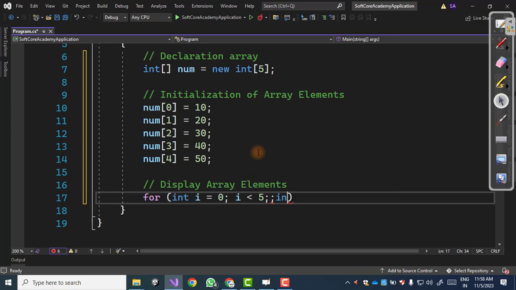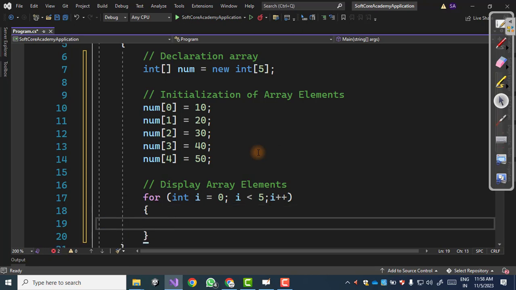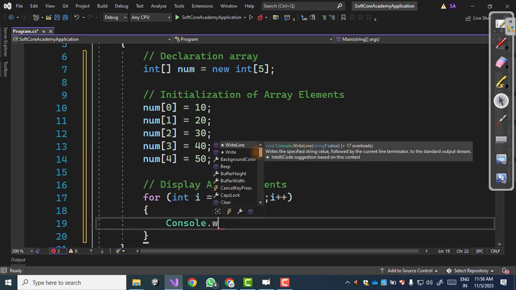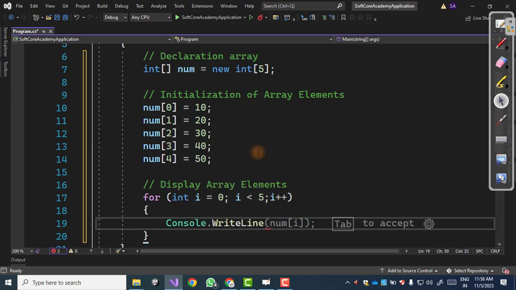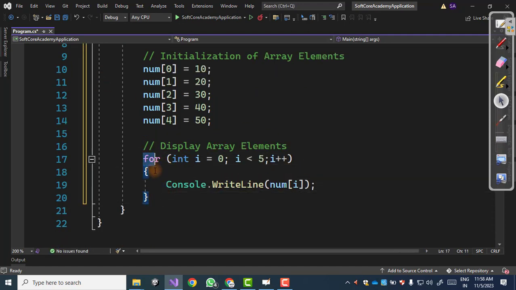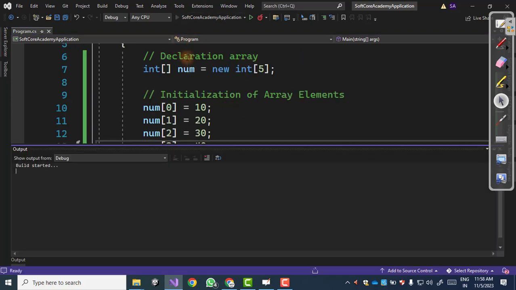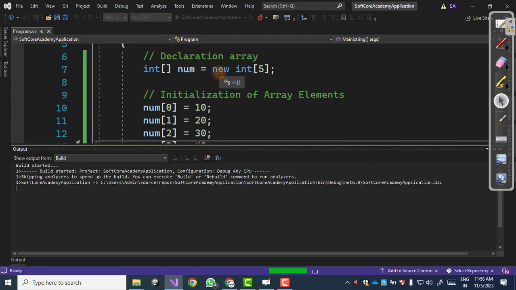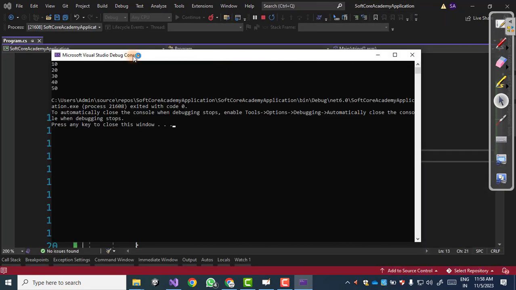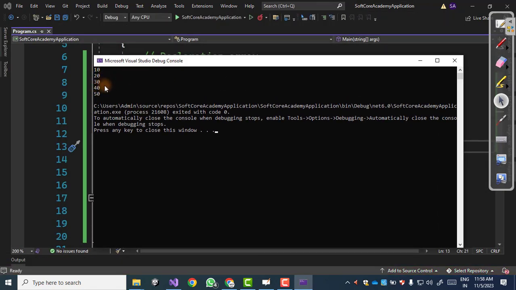And to display, we write Console.WriteLine(num[i]). So one of the ways to display an array is this. So let us first execute this program. Just click on this play button. So as we can see here, 10, 20, 30, 40 and 50. So these are the array elements.